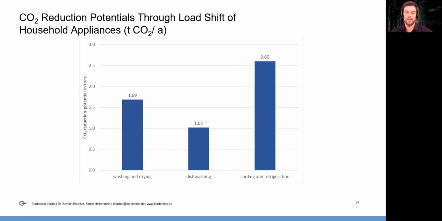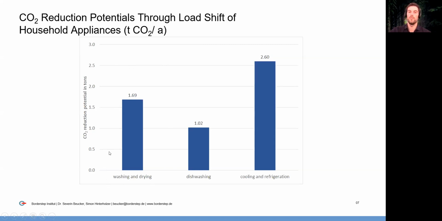So the savings that we found out for the household appliances were 1.7 tons for the washing and drying sector, about 1 ton for the dishwashers, and about 2.6 tons for the cooling and refrigeration in that district, which is actually for that amount of people that live there, about like 200 households. It's not that much, but you need to know that these savings can mostly be done without changing the behavior,